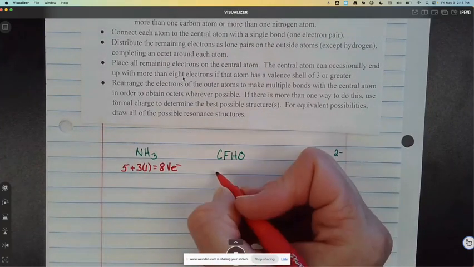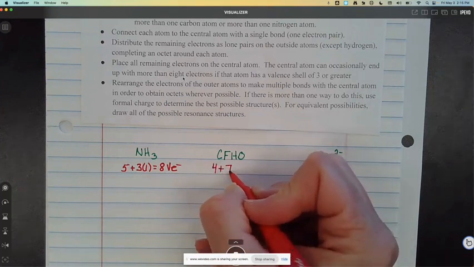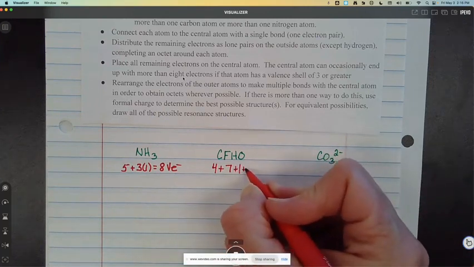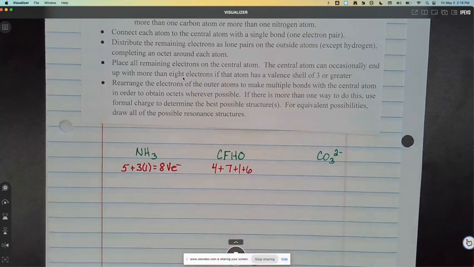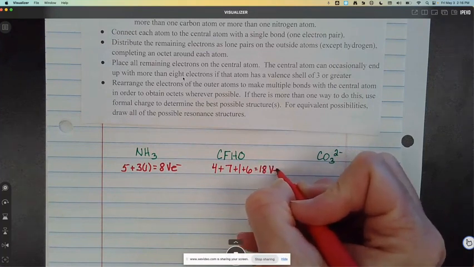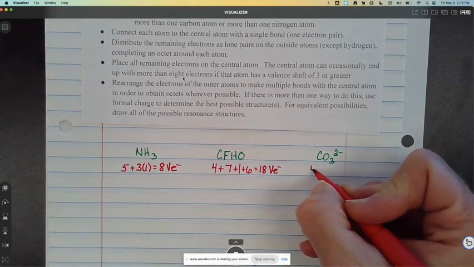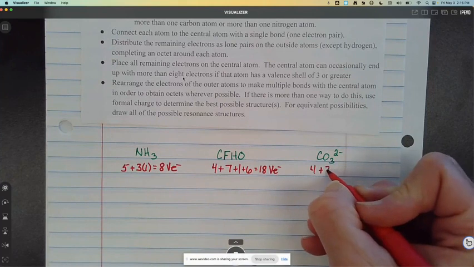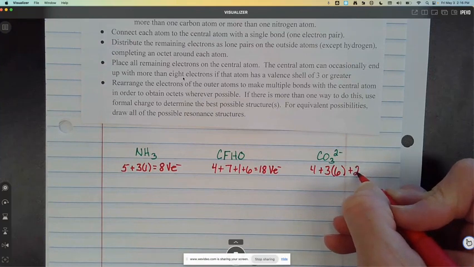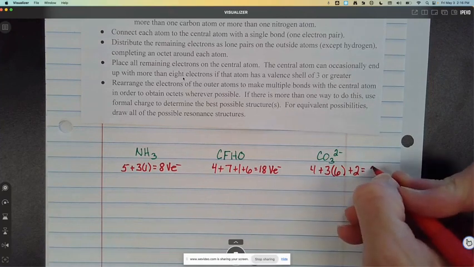With the second one, carbon has 4 valence electrons. Fluorine has 7 valence electrons. Hydrogen has 1 valence electron. Oxygen has 6 valence electrons for a grand total of 18 valence electrons. And for the CO3, you've got carbon at 4 valence electrons, 3 oxygens at 6 valence electrons each, and that -2 charge means we have a spare 2 electrons. So 18 and 2 and 4, 24